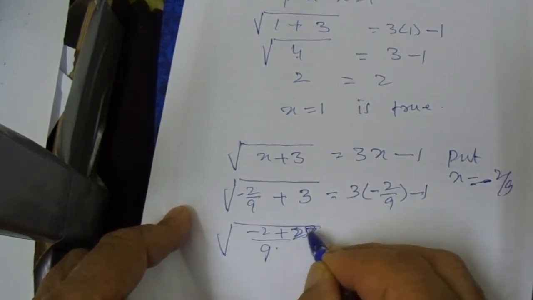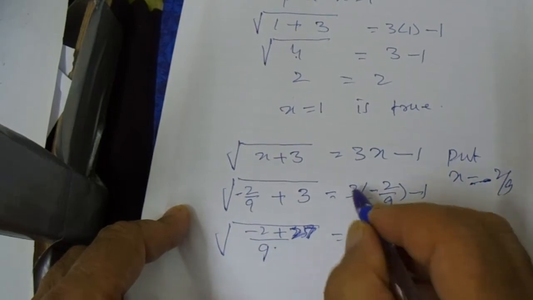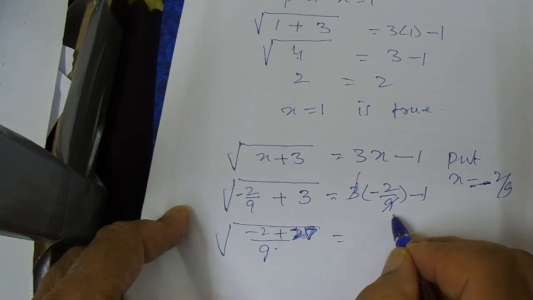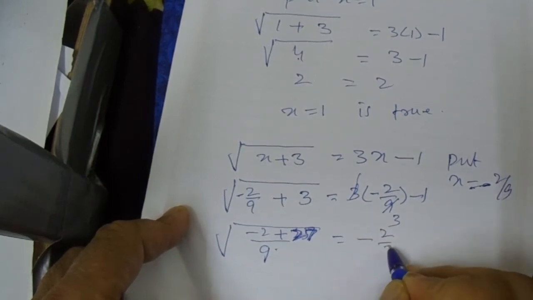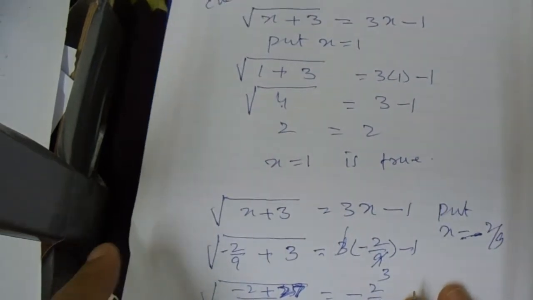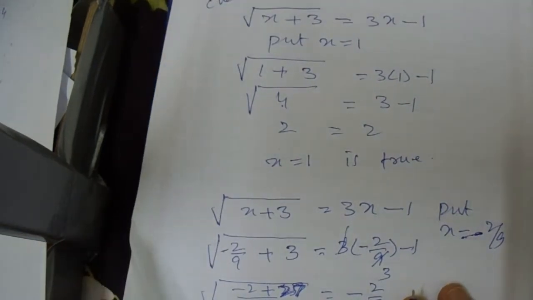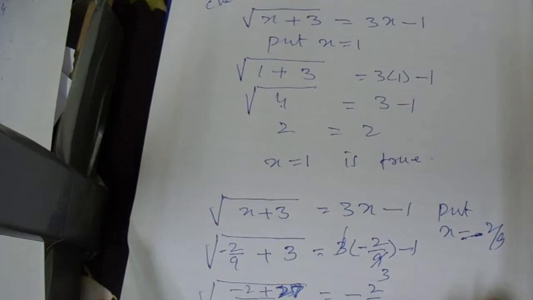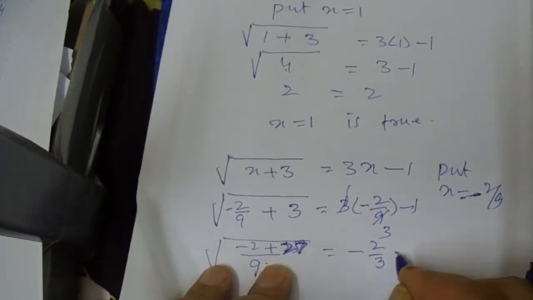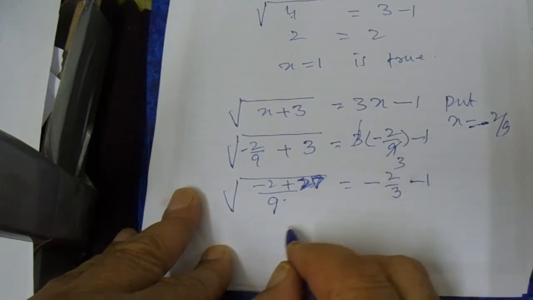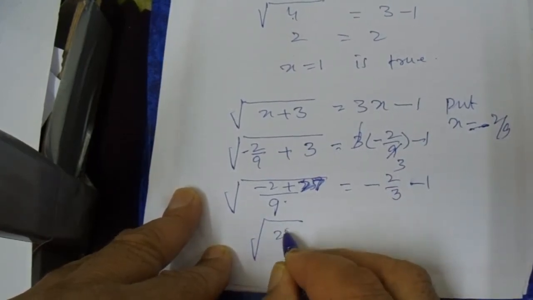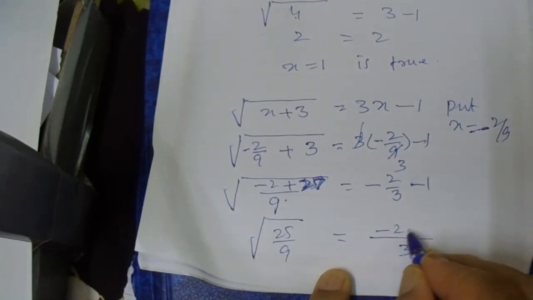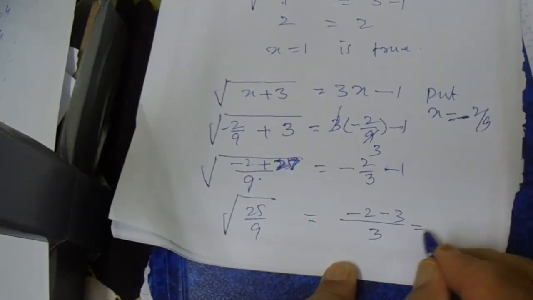9 3s are 27, this 27 is equal to, 3 1s are 3, 3 3s are 9 and minus 2 by 3, this 3x minus 1. Now this minus 1. Now here in the bracket we have 25 over 9. On the right side, we have 3 as LCM, minus 2 and minus 3 is equal to minus 5